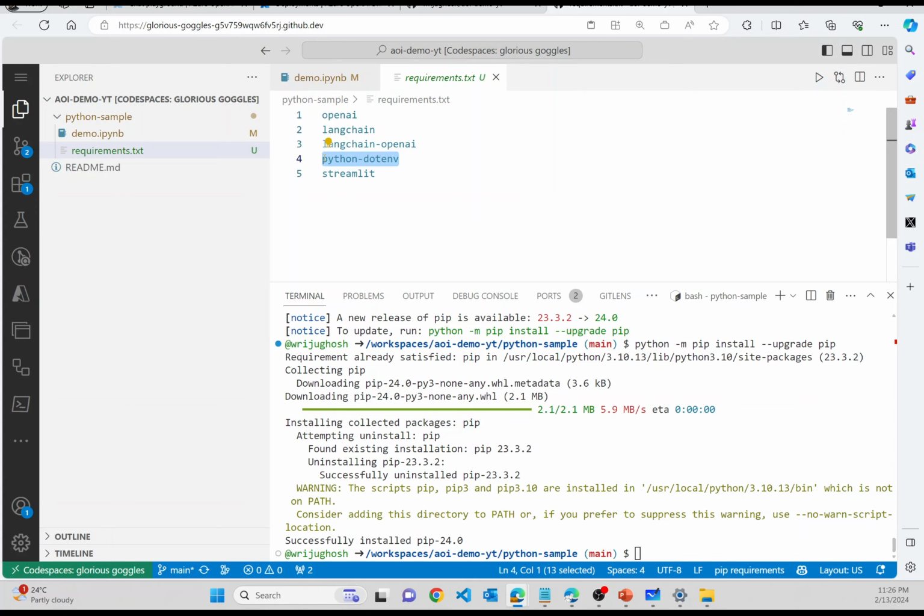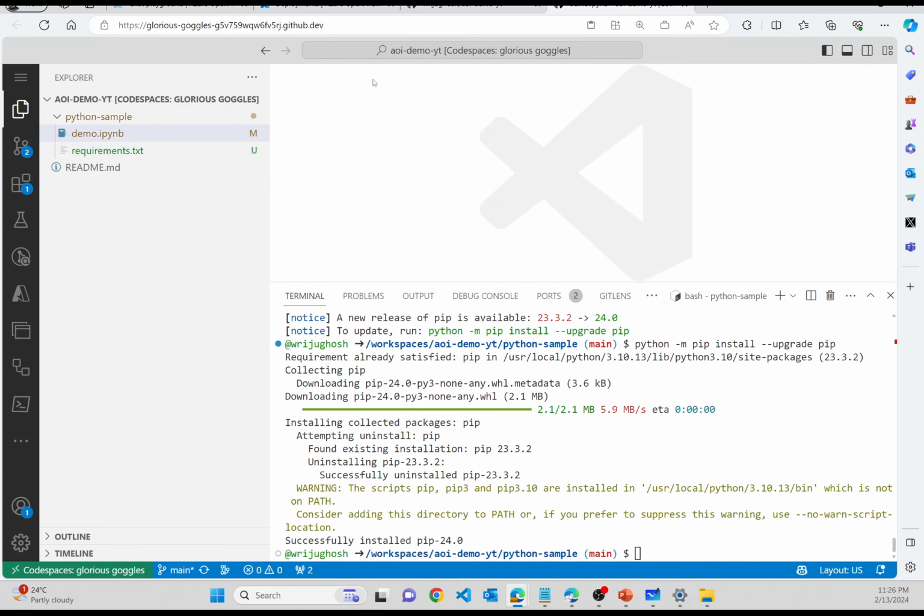I'm doing a hard-coded thing just for this demo, but there are right ways to do it when you provide these secret values. So follow the best practices. What I'm going to do is handwrite that file. So let me also give you that experience. So I'm going to say that